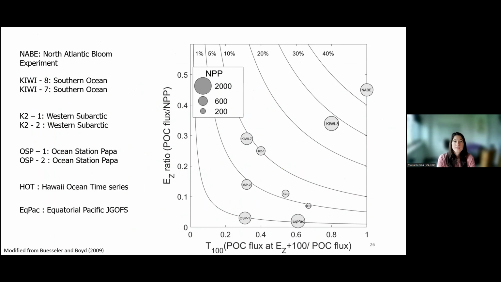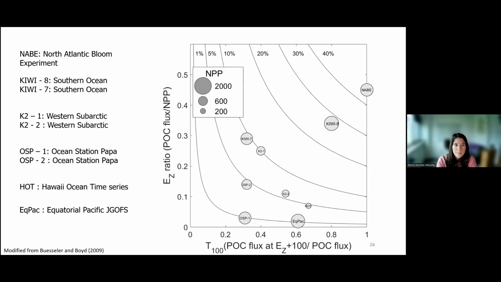Another thing we can look at is not just the amount of primary production that's getting exported, but also what we call the T100, which is an estimate of how matter is sinking. On this plot, the EZ ratio on the y-axis is the particulate organic carbon flux normalized by net primary production, and the x-axis is this T100. And the T100 is the amount of flux